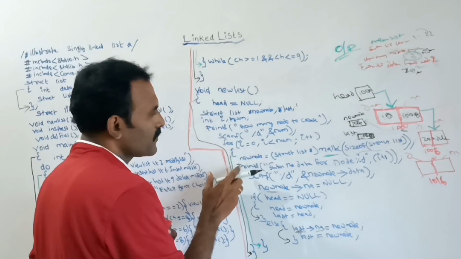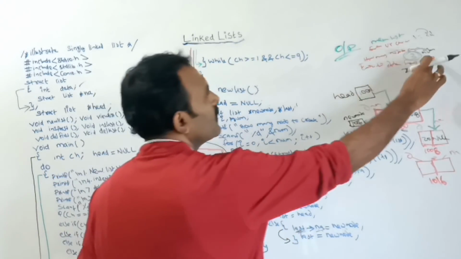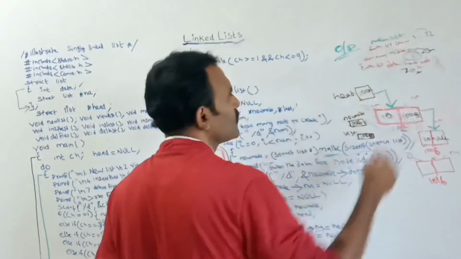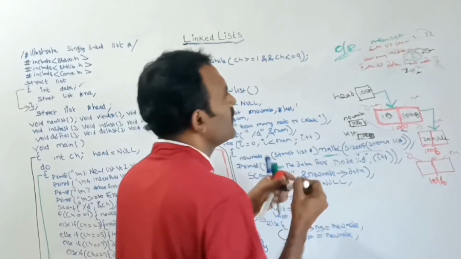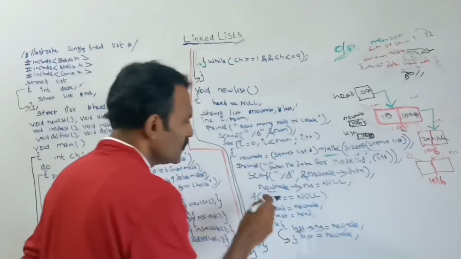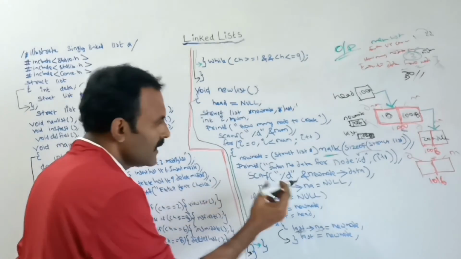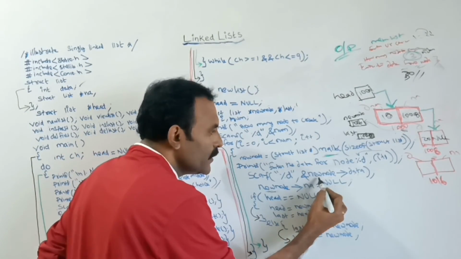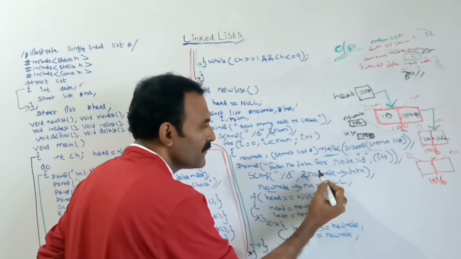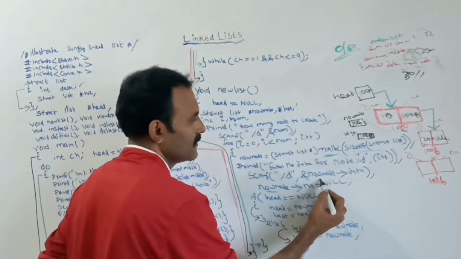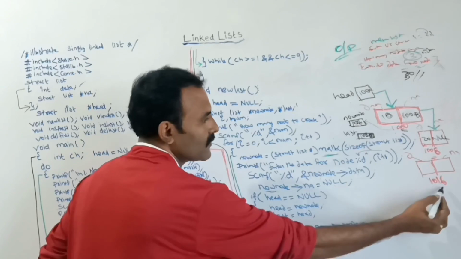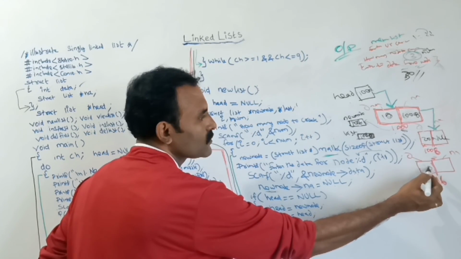Next to this printf, it will ask to enter the node i plus 1. Now the i value is 2, and 2 plus 1 is 3. This is the last node. Next, suppose you give the value 30, where will that 30 be stored? Here, by using the scanf function, I am telling it to store it to the new node's data. Now what is the value of new node? 1016. To the 1016th address data part I am storing this input 30. At the 1016th data part, that 30 will be stored.